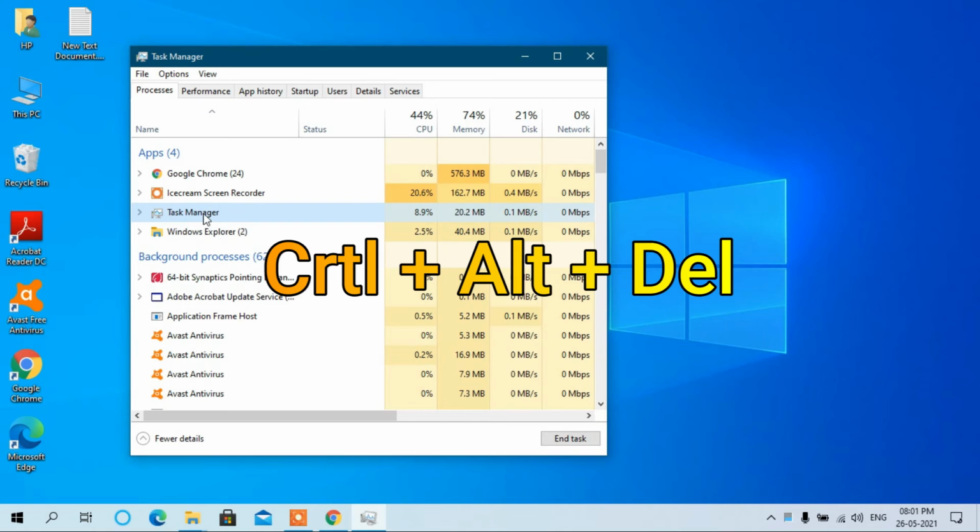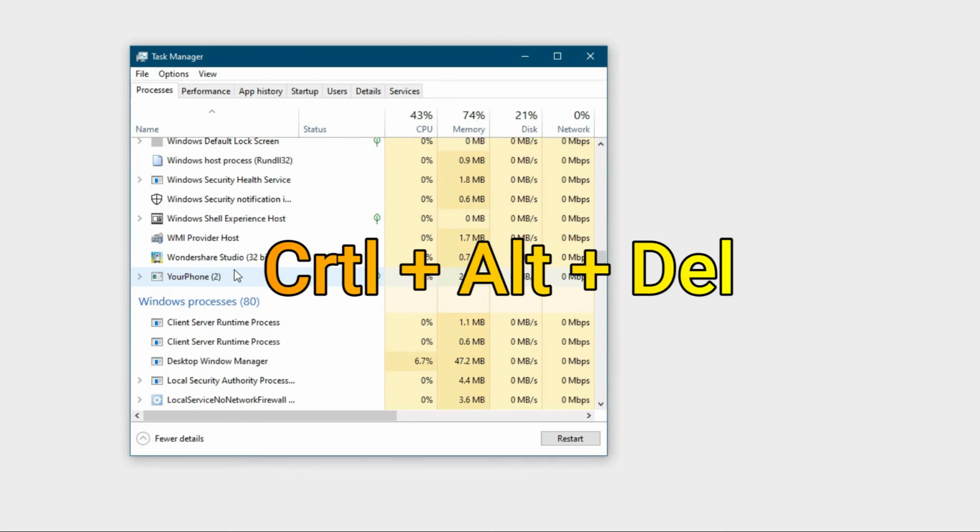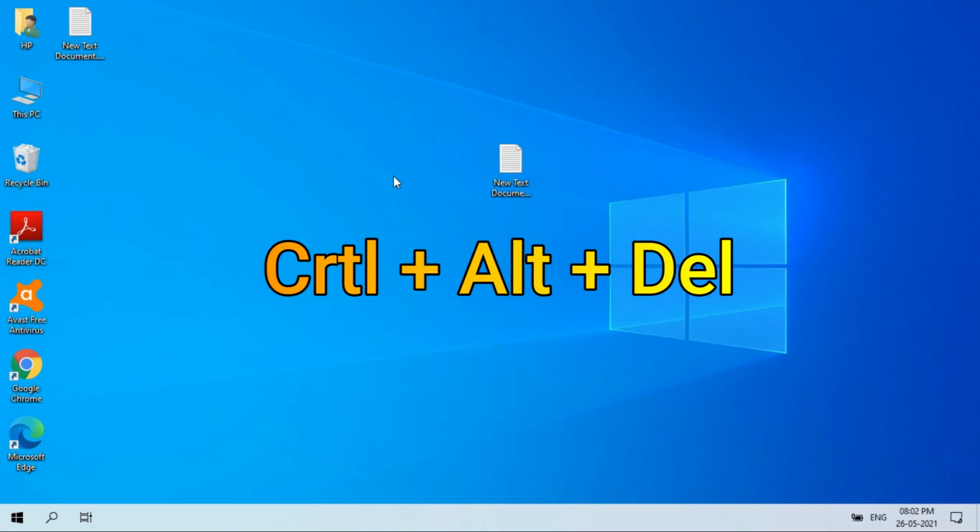Sometimes we have some big programs which we are not able to close because they hang. What we can do is use the task manager by using this shortcut command Control Alt and Del, and then we can close that program here. For example, there are some programs that take too much space and we are unable to close them. So in that way we can use the task manager and close the program here. This was about the Control Alt and Del.